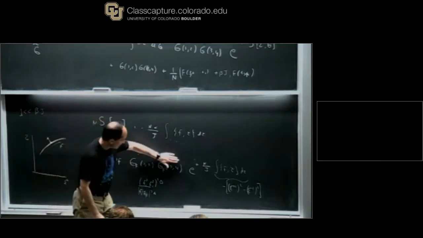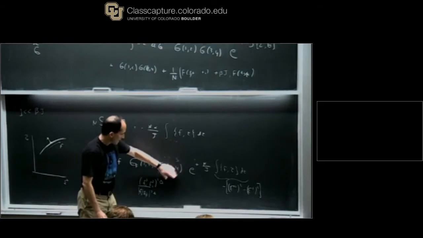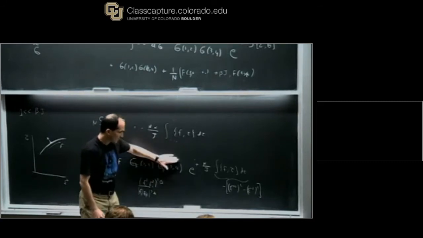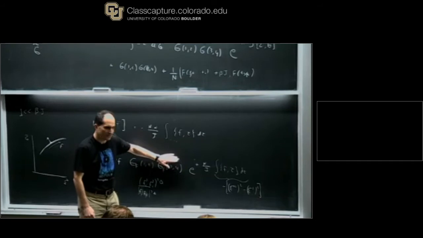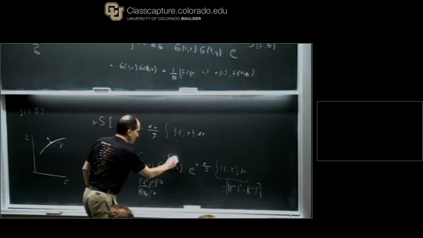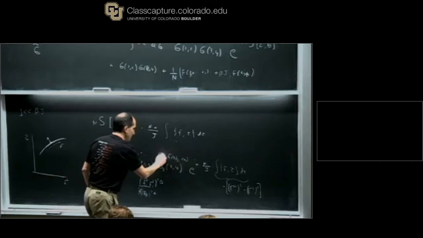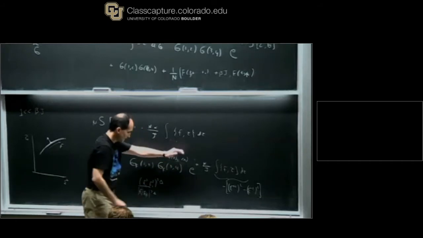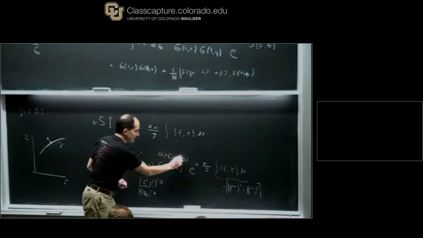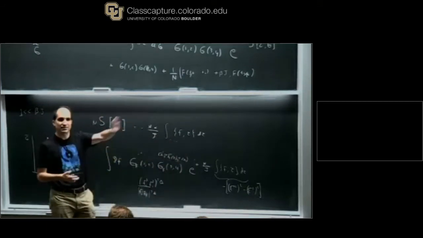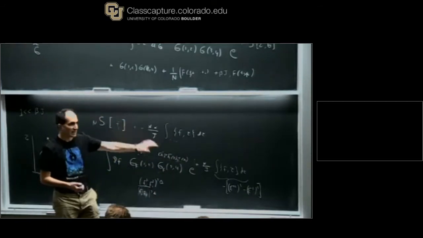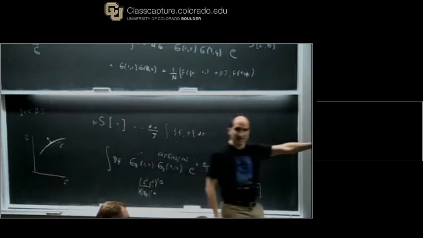Then you evaluate the action you get here on this solution. If you take the epsilon that appears here, there will be an epsilon evaluated at 3 and an epsilon evaluated at 4. Maybe there will be some epsilon 3 prime, etc. And so a linear combination of these things, and you evaluate on that solution that is growing in time. Okay, and that's why you get this growth in time. Okay,